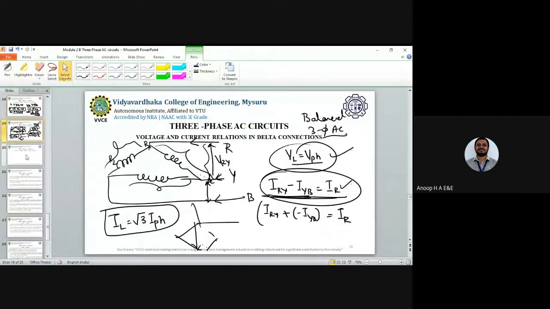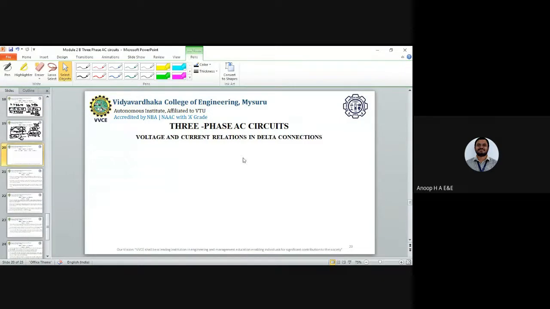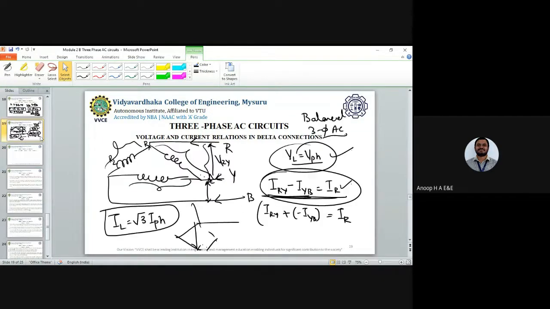Got it? So this is how we approach the derivation in the case of the star connection and the delta connection. Those derivations are simple if you know the law of parallelogram and how to take the currents. You might get a question like: derive an expression for voltage and current relations in a balanced three-phase three-wire system. You are going to do it for the delta. You need to remember the names and keep in mind how the question will be asked. It might be direct, or it might be three-phase three-wire system, or three-phase four-wire system. Keep all those concepts in mind.